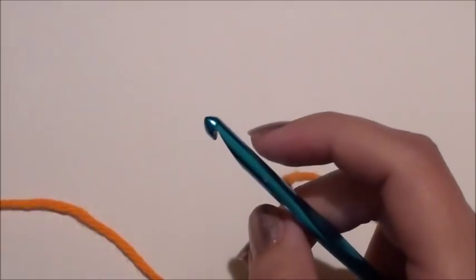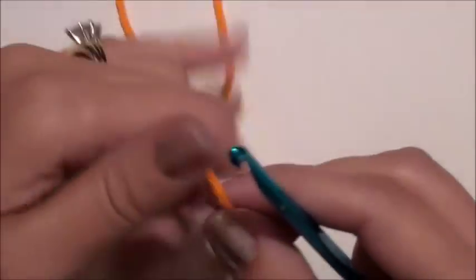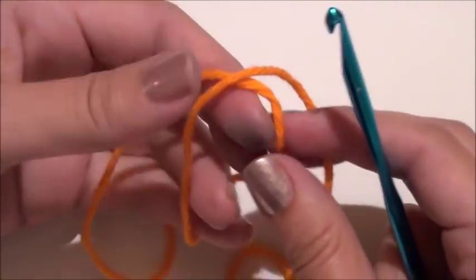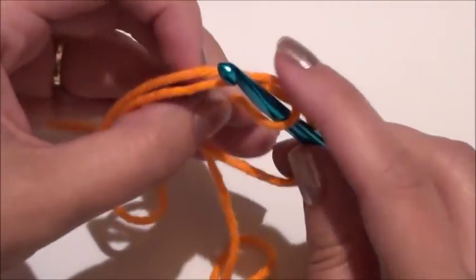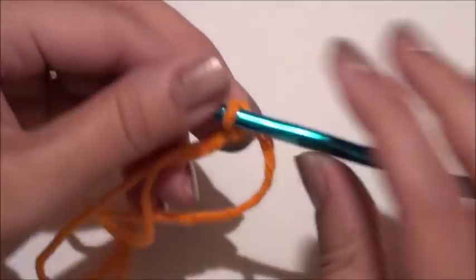To get started, you're going to do the magic circle, or you can do a chain 2 and work a chain 3 plus 11 double crochet in the chain 2. I have videos on the magic circle if you are unsure how to do it. Loop around your fingers, grab the yarn, you're going to chain 1,